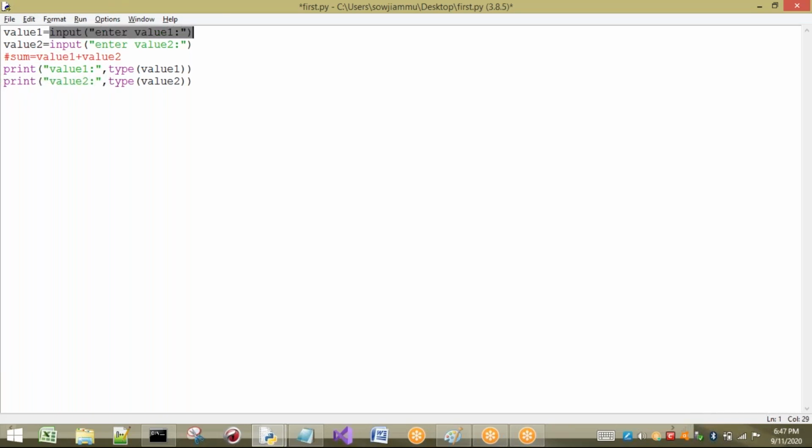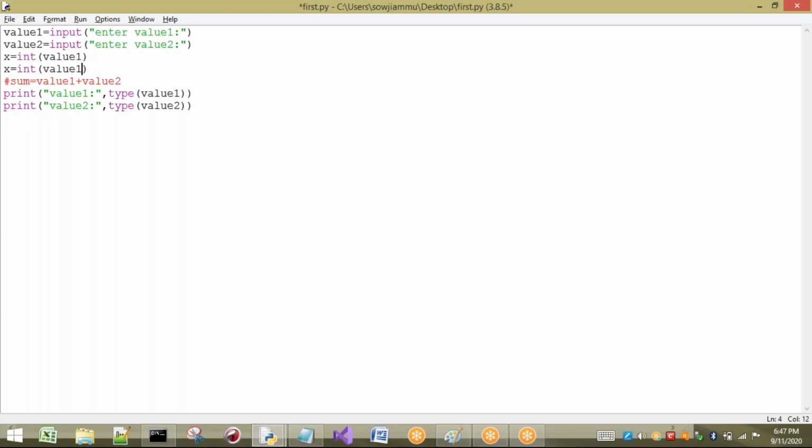It can read the value in the form of string, and I have to convert that value to an integer. For example, I want to convert to int whatever value is stored in value 1, x. In the same way, I can do it for the second value, value 2, in y.